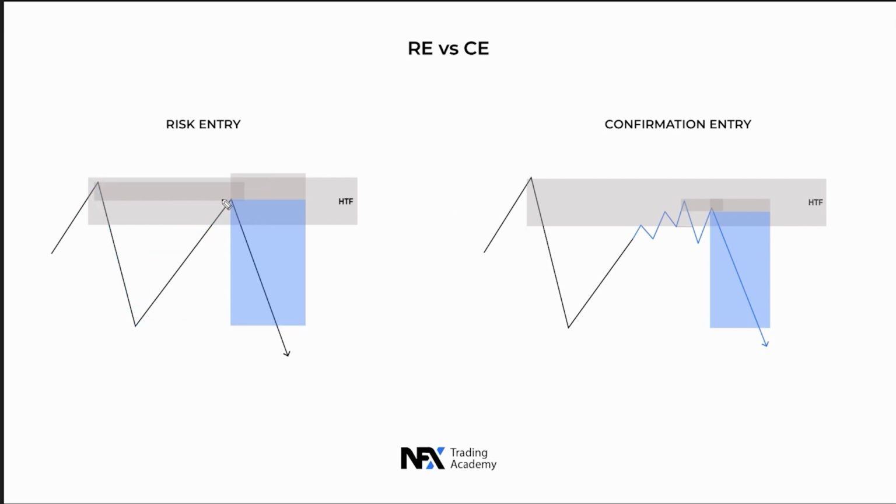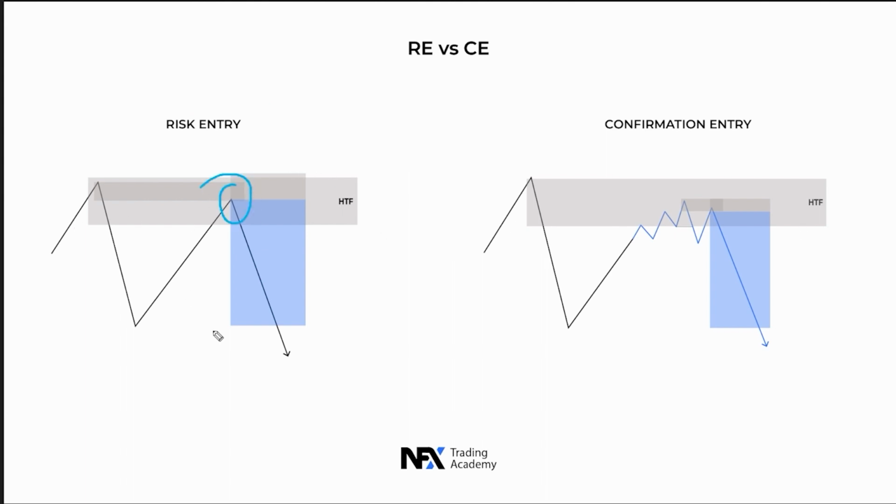Now, if we take that risk entry, then we should always place break even as fast as possible because we don't know if price decides to push higher, take liquidity and then reverse. I usually don't prefer taking risk entries, but I'm gonna tell you one more example where I take those risk entries. Another good example when I take them is if I have a spike which takes liquidity.